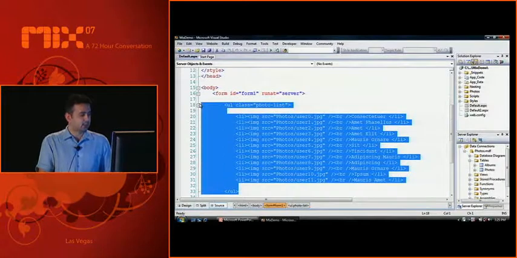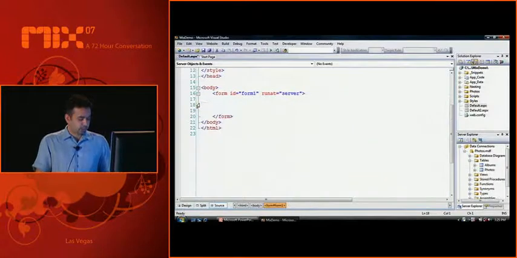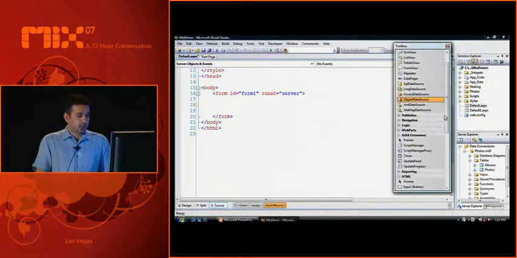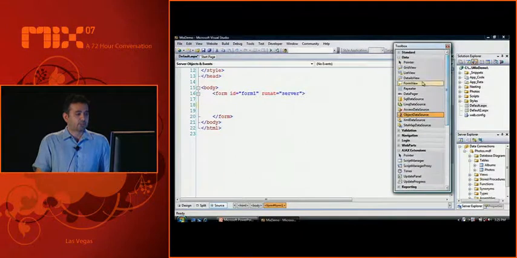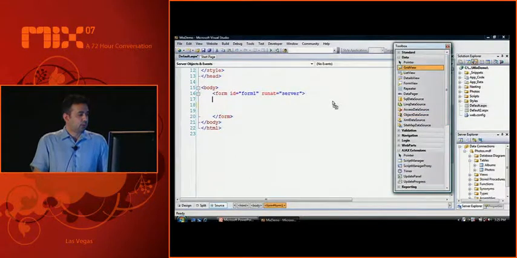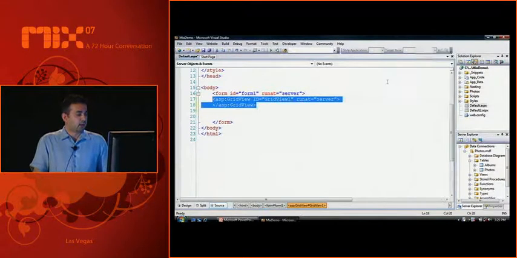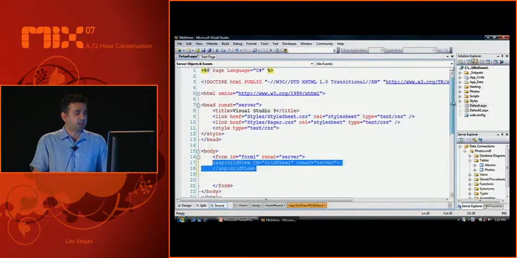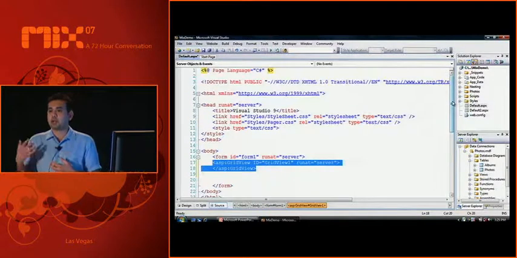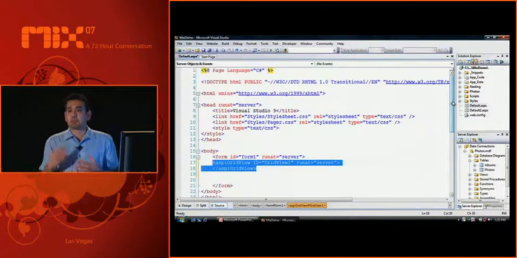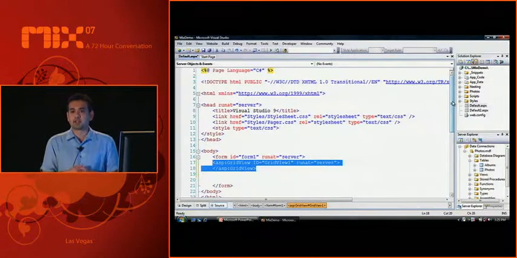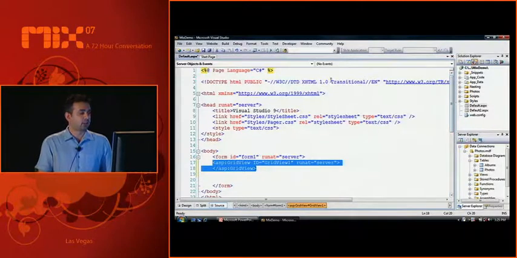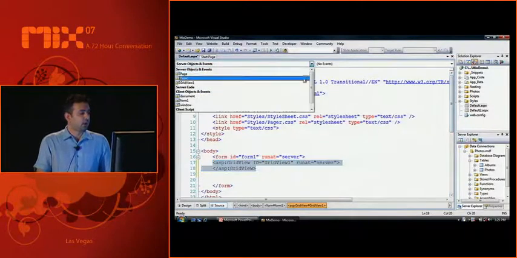I'm just going to start off very simple. Let's go ahead and delete this, and bring up the toolbox. We'll start off with a grid view, something that everyone's familiar with. We'll drag the grid view out here. And the next thing I want to do is, when this page loads, load those objects and populate them with data, the ones that I just defined in the OR designer, and then data bind the grid to one of the objects defined in my application. So we'll go ahead and on the OnLoad method,